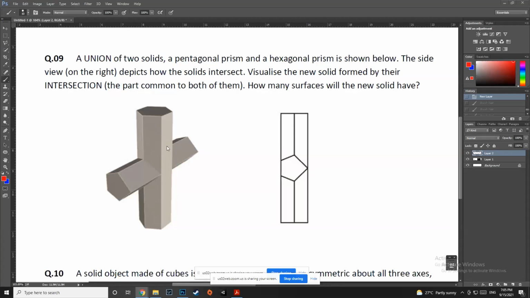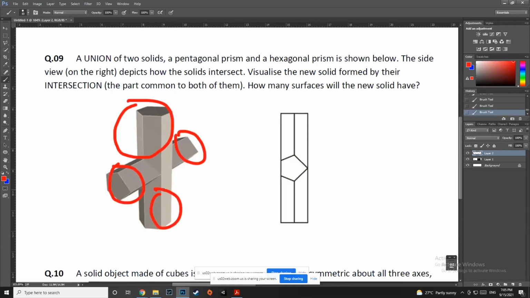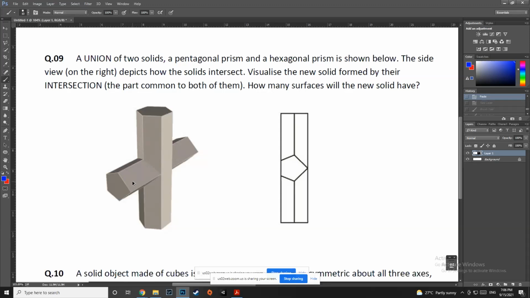Yes, almost there. So they're telling you, cut this out, cut this out, cut this out, cut this out. Only let the shape in between remain. I'm going to change the color. Only let the shape in between remain. And then they're asking how many surfaces that shape will have. Can somebody tell me how many surfaces it will have? Anirudh is saying 9. Oh, so many answers. 9, 9, 12, 9. 9 seems to be the common answer.